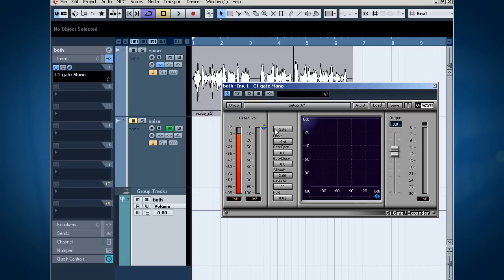So if I have the threshold all the way at the top, my signal will constantly be below the threshold, so it will be constantly muted. I can show you that. So now if I lower it,